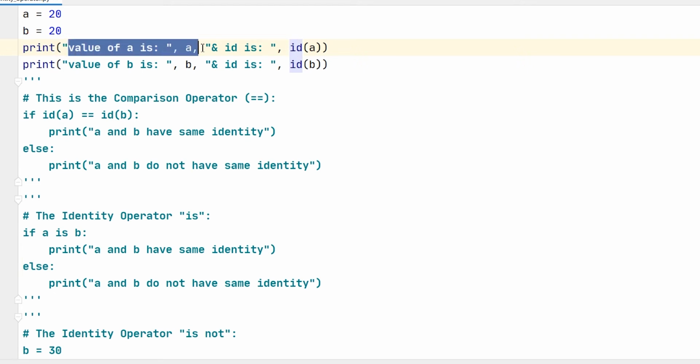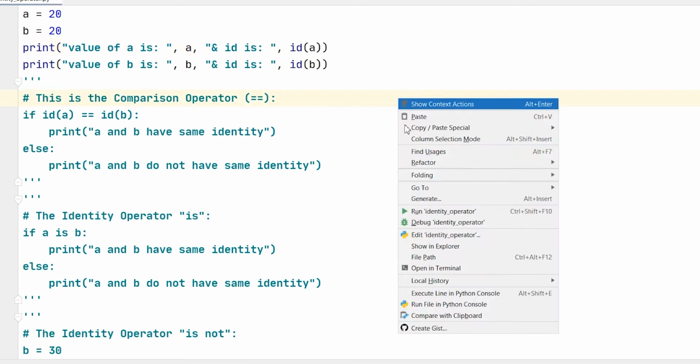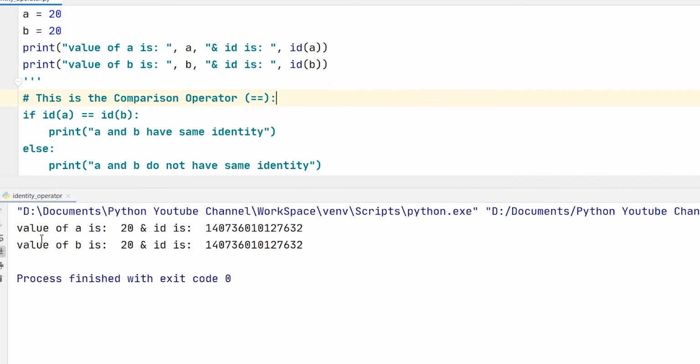Here the value of a and the id of a will be printed. When I run my program, the value of a is 20 and the id is a certain number. In the same way, the value of b is 20 and the id is a certain number.